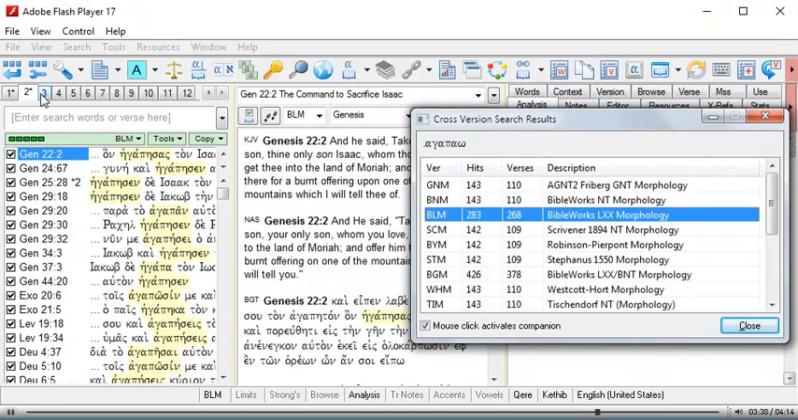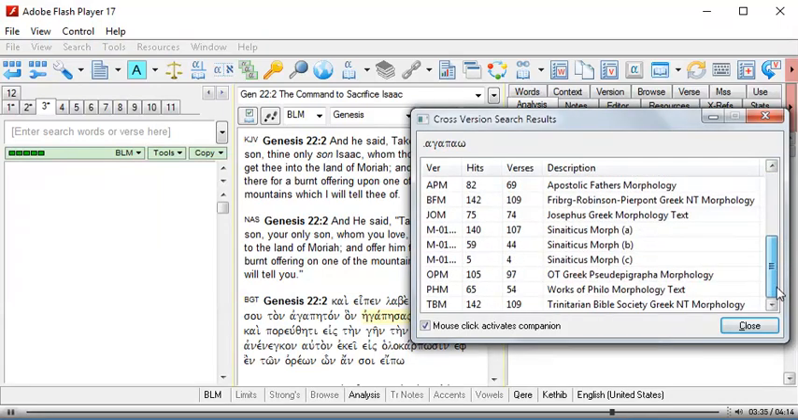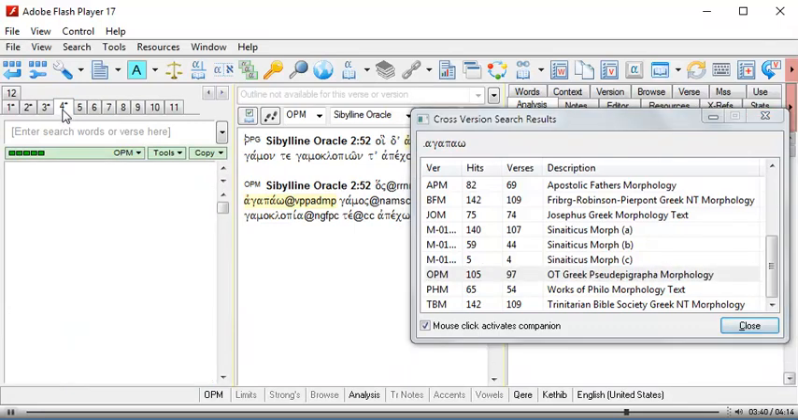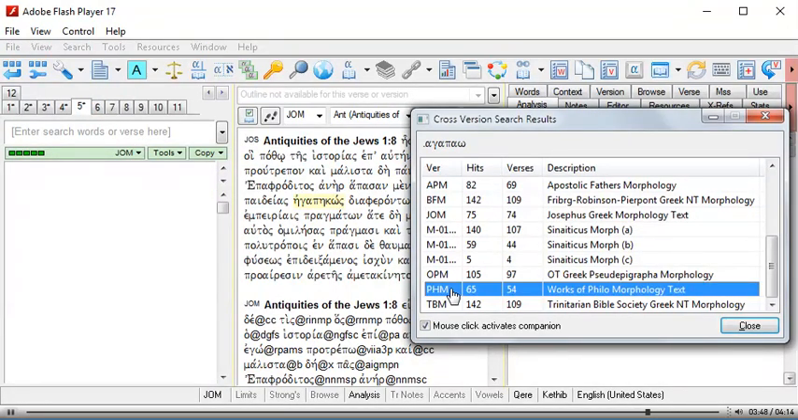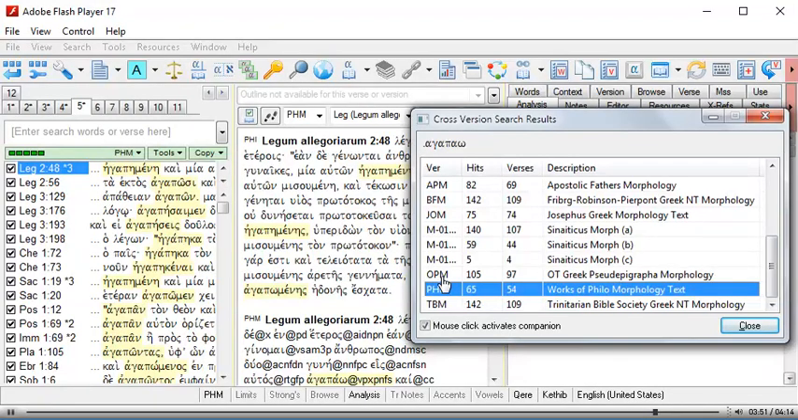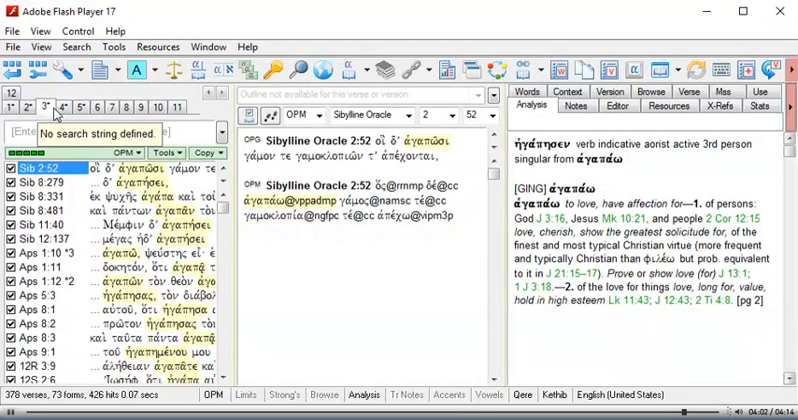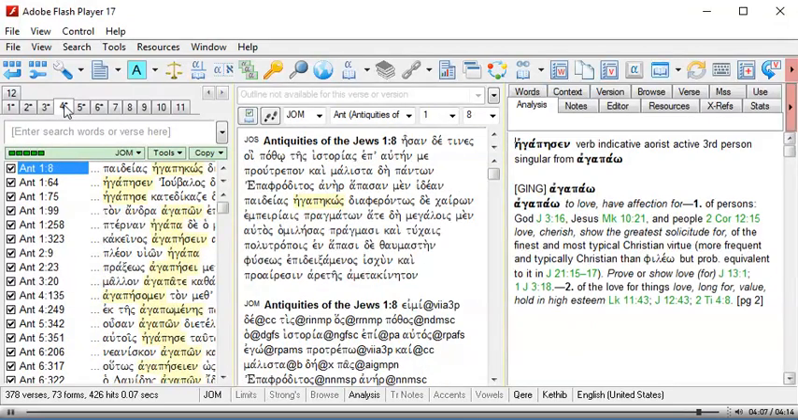For tab 3, that may be my Old Testament pseudepigrapha. Tab 4 I'll use for Josephus. And tab 5 I'll use for Philo. Now I could switch between my various tabs to view my search results. And each tab retains that search version,